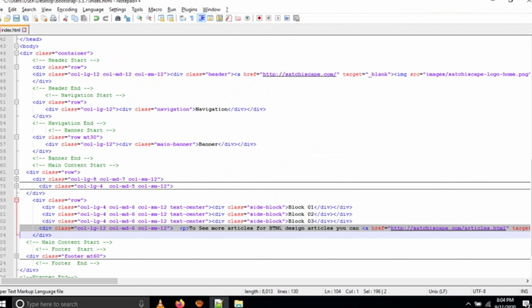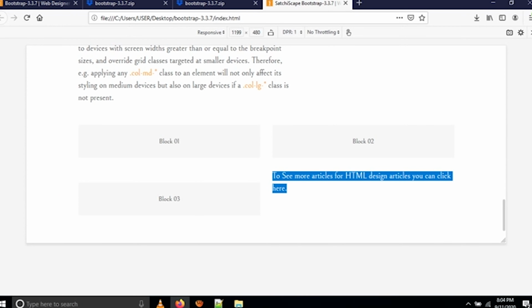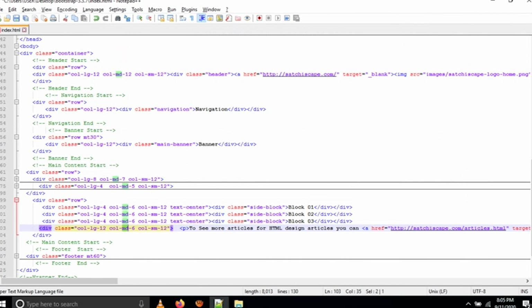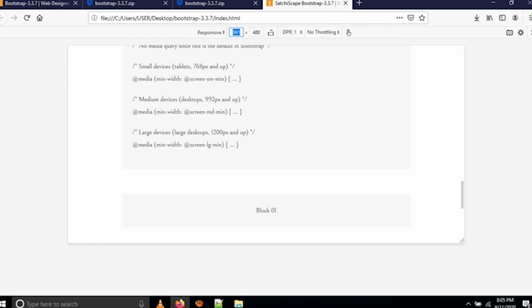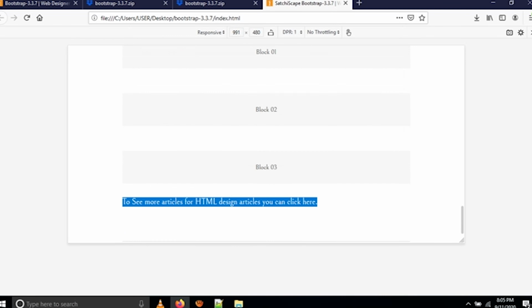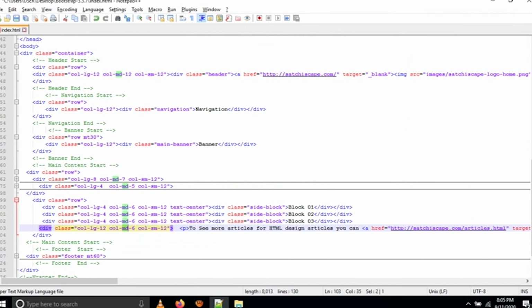So we have mentioned here col MD 6, col MD 6, col MD 6, col MD 6. That's why 6, 6, 6, 6. If we go to the small 991 tab, how does it come? col SM 12, col SM 12, col SM 12. Check: col SM 12, col SM 12, col SM 12, col SM 12.